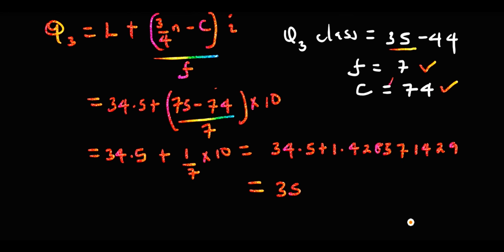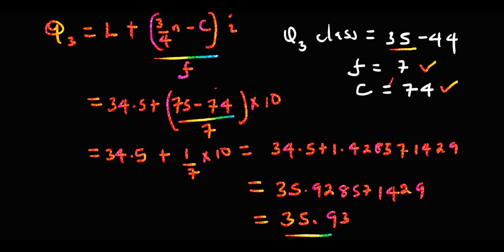35.92. 857.1429. So this is approximately 35.93 as our Q3. So now the next one is the